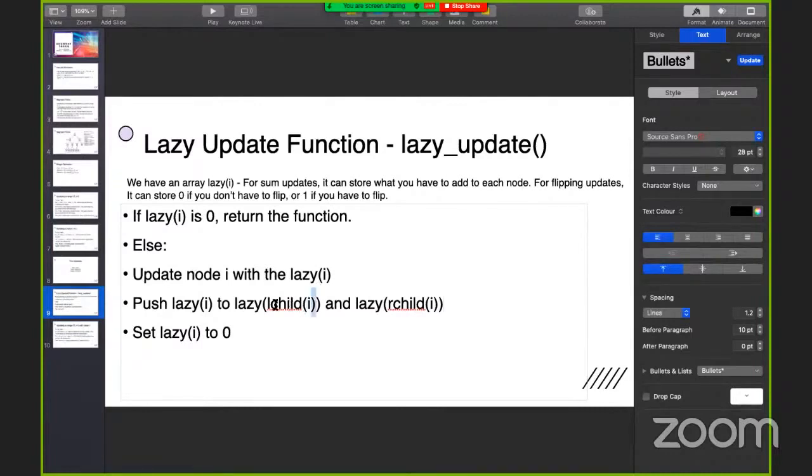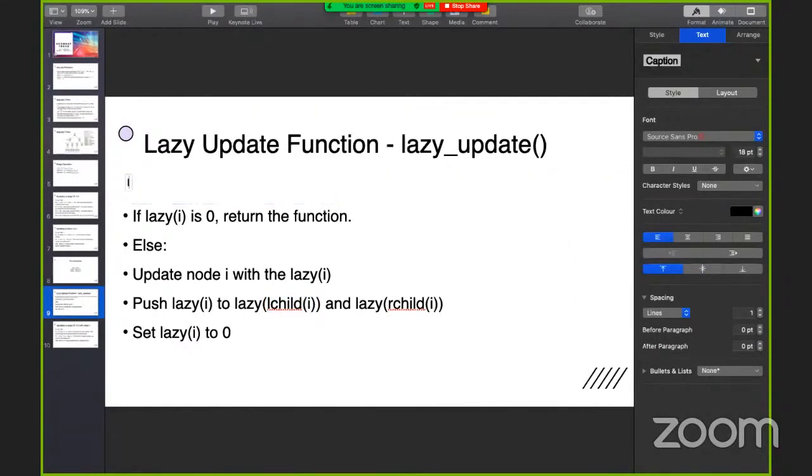on the left child, we push our lazy value. And pushing can be different. In case of sum, pushing will mean addition. So let's say lazy[left child of i] is equal to 3 and lazy[i] is equal to 8, which means that the left child has to add 3 to each element in the subtree, and lazy[i] has to add 8 to each element in the subtree. Then to push this, we just say that lazy[left child of i] is equal to 11. We're just piling it on.